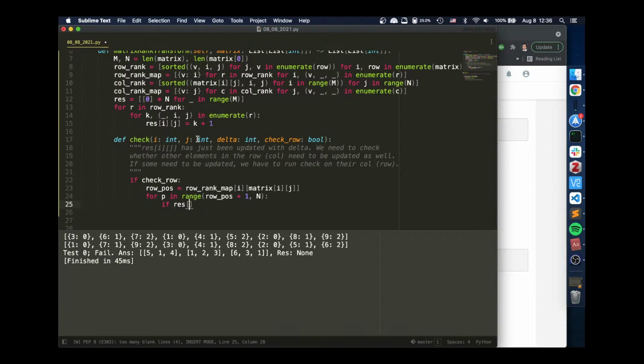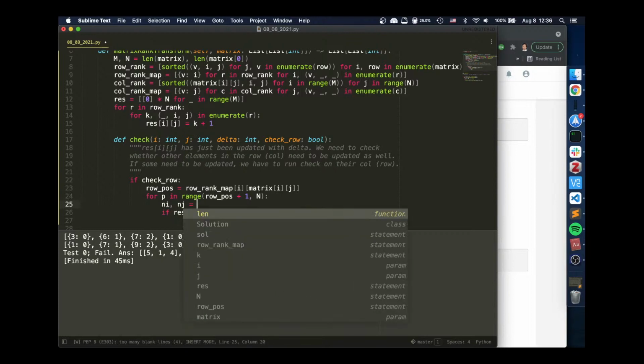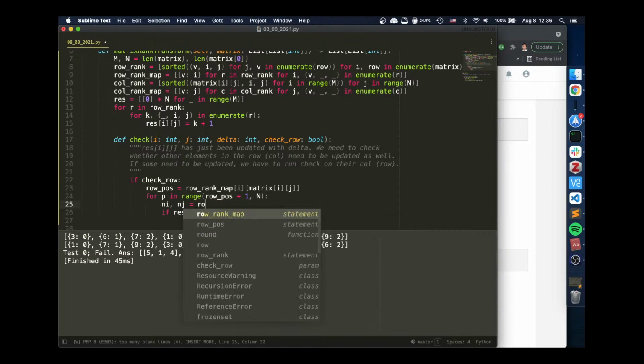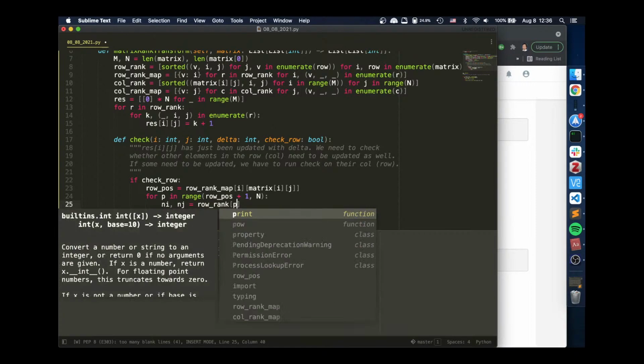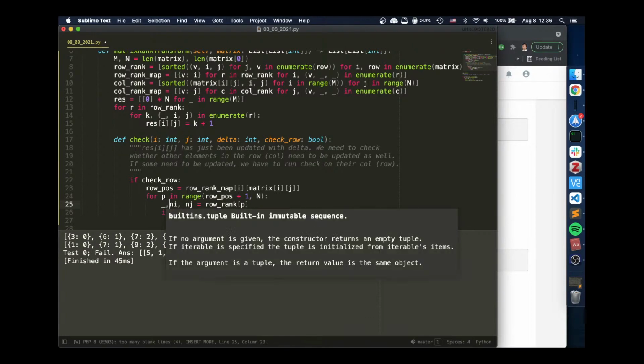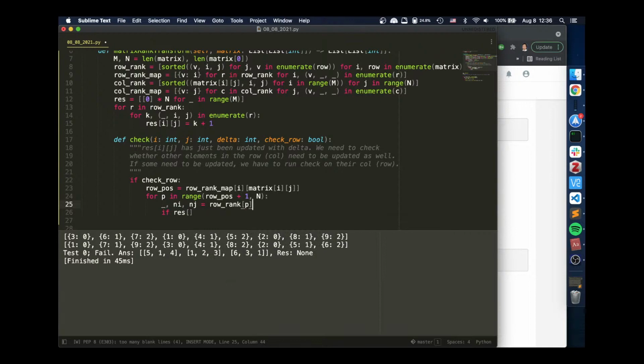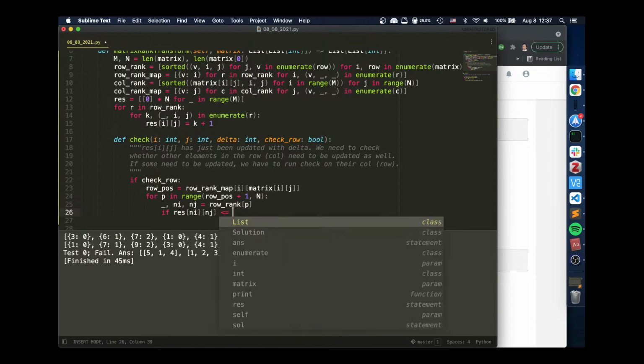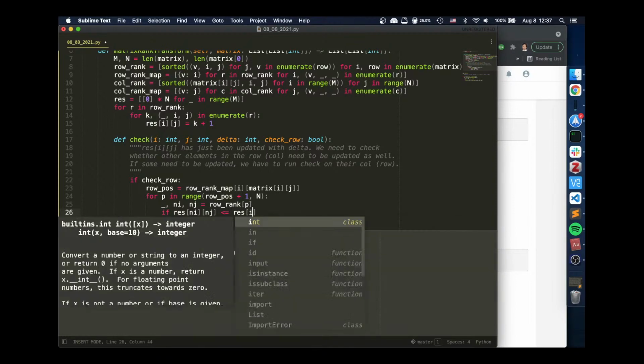So we get ij, the next position. nij shall equal the row rank P, the next position. So nij is the next row rank. And then if res nij is smaller or equal to current res ij,